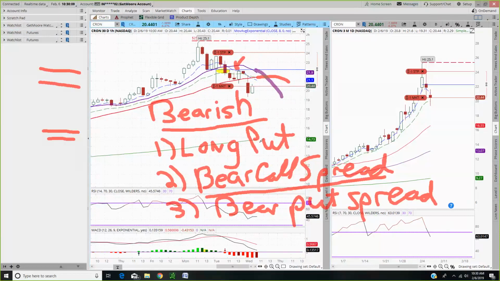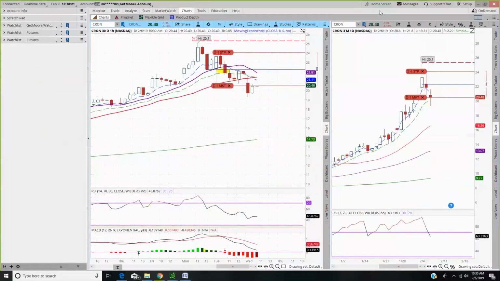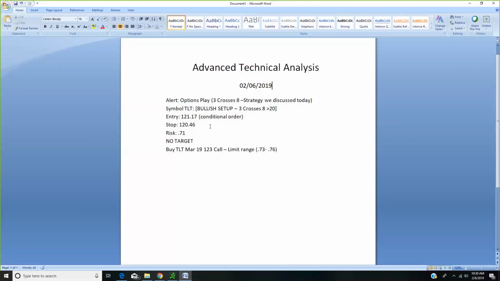Here's your choices. Long put. This is the most aggressive. This is the least aggressive. And this is right in the middle. So what I did was I bought a put right here. It's an aggressive one, but now I also gave you guys a choice of stop loss. If you look at the stop loss, what I said was stop loss